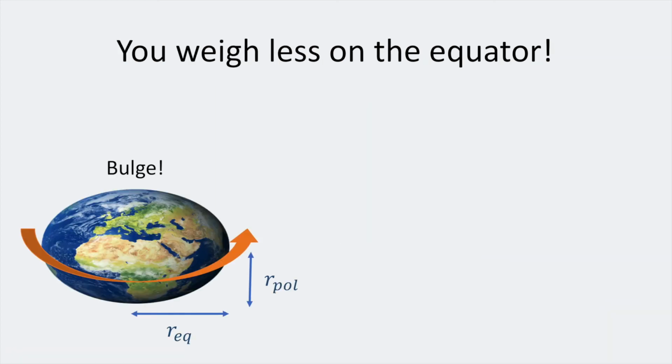Now we're going to discuss why you actually weigh less at the equator than you do at the poles. You hopefully all know that the Earth spins around its own axis. It completes one cycle every 24 hours. That's how we get day and night. But this spin actually makes the Earth kind of bulge a little bit at the equator. So it's not actually a perfect sphere, but it has one radius at the equator and one radius at the poles, as you can see on the picture. And these two radii are actually quite different,